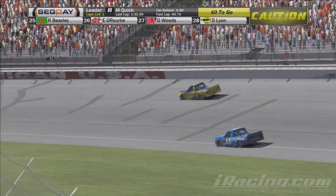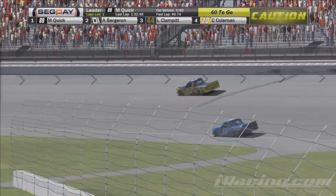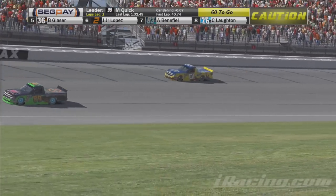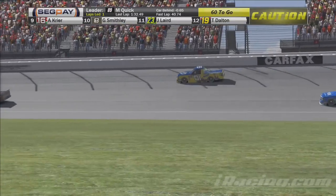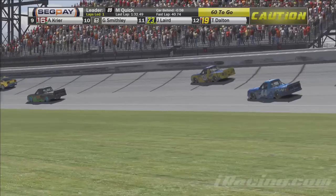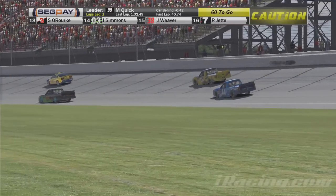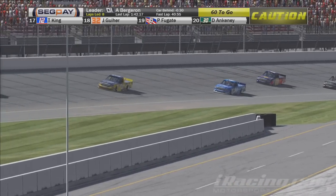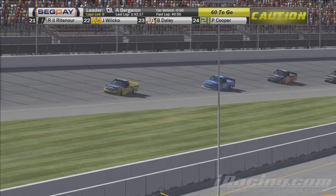We see, of course, Garrett Smithley in the race here tonight. Started 15th. Currently, right now, shown in the 11th spot. Looks like he'll be 10th once everything cycles through and Matt Quick does come down pit road. So up 5 positions, but once he got to that 10th position, he's really been struggling trying to get any more. We saw him a couple times try to get around Alan Cryer, unable to get the job done on that aspect, so we'll see what he can do with the fresh tires